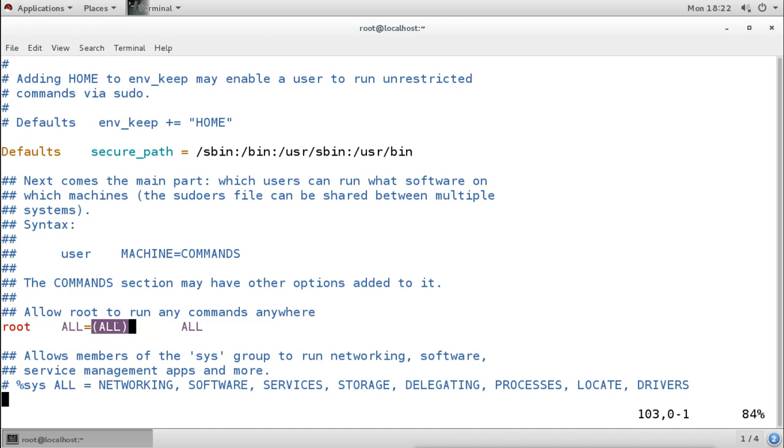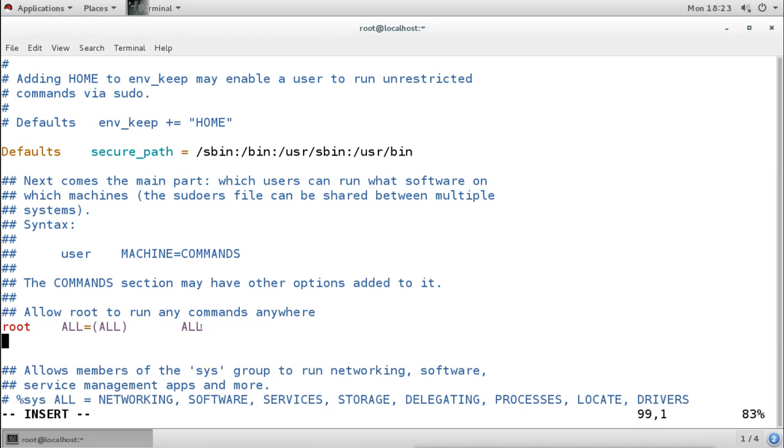Now the root user is also having the sudo permission. Root user is itself root, but the root user also has the sudo permissions because of this line here. Now I want to give a normal user permission, so I will add the username here, and I want to give it on all machines, so I will say all. Then for the command I will mention all here because I want to give all the commands with all options to that user. So just like that I have added user1 also. I'm giving user1 all the commands just like root.